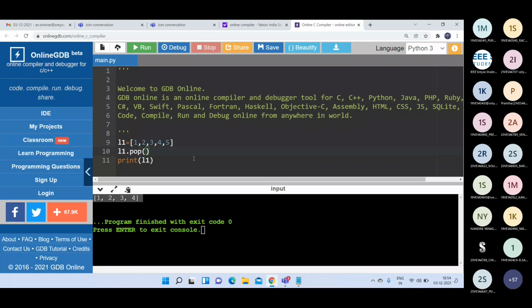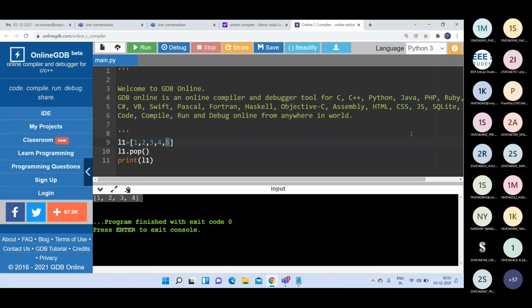So here I specify L1 dot pop. That means the last element, 5, will be deleted, so it will be 1, 2, 3, 4. This is very useful when we are implementing a stack using lists. We can use the pop method directly.